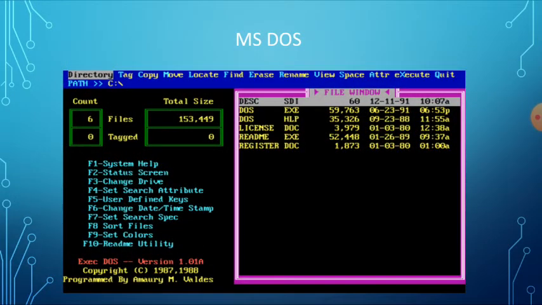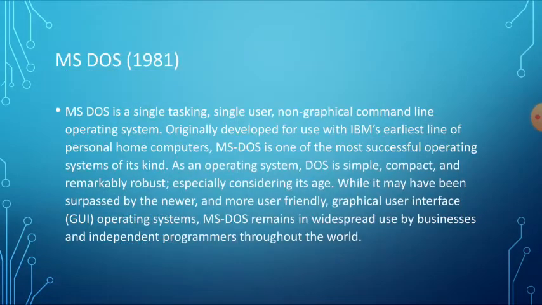So, this is Microsoft DOS. It was released in 1981. MS-DOS is a single-tasking, single-user, non-graphical command line operating system, originally developed for use with IBM's earlier line of personal home computers. MS-DOS is one of the most successful operating systems of its kind.